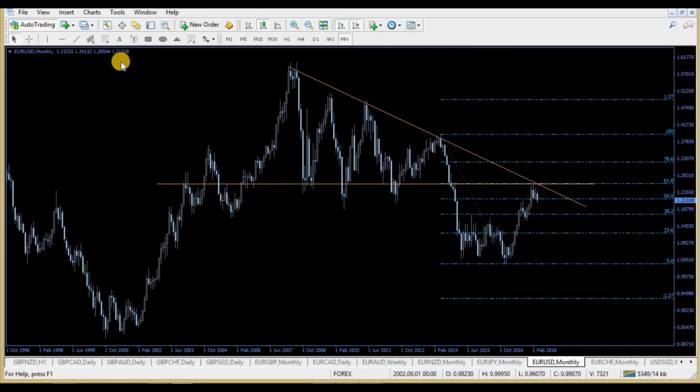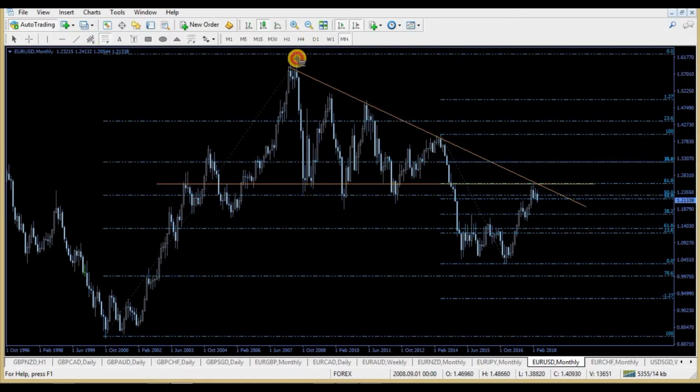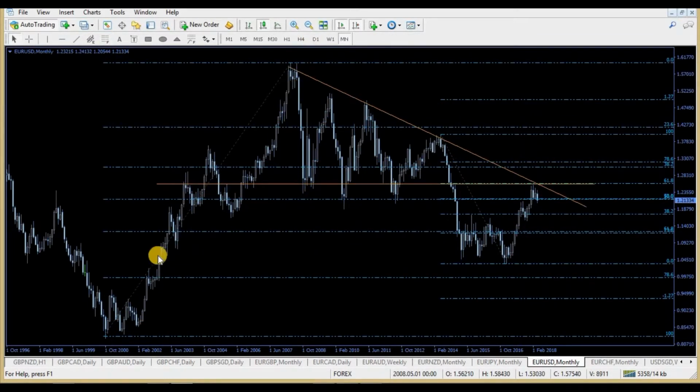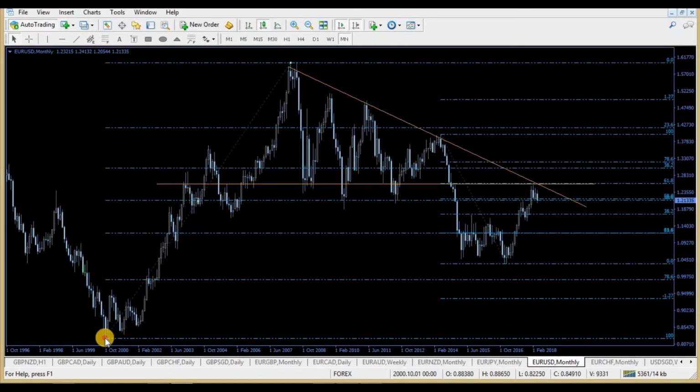Just to get the high time frame context, I'll grab this Fibonacci. I want to go from the all-time low to the all-time high in this chart. Excuse me, I'll just put that right down here. Now you can see we've got a bit of a Fibonacci cluster, so we had a 50% retracement on the